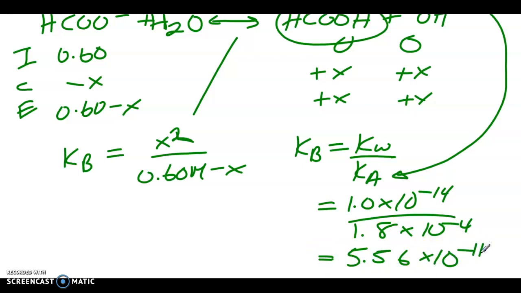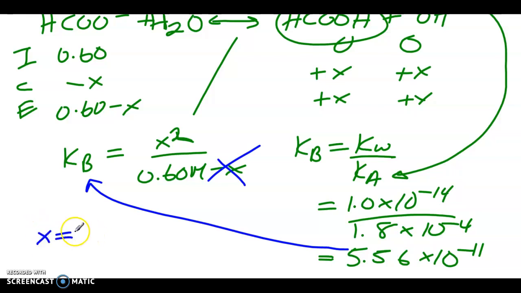So then you would do the 1,000 rule to double check, but the 1,000 rule will work. So if you do 0.6 divided by this Kb value, right? So remember when you're doing this fully on a test or a quiz or something, you should be showing this, but just to save on, we don't want this to be a 10-part video. If you do the 0.6 divided by this, you'll see that it is greater than 1,000. Right, so we have the Kb value here, which will then give us an x value of